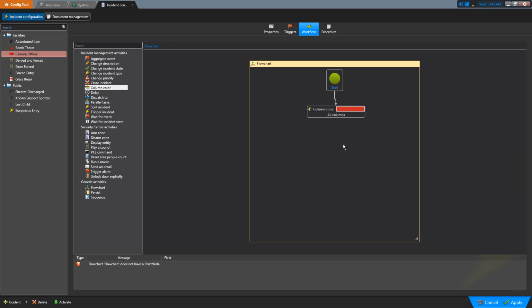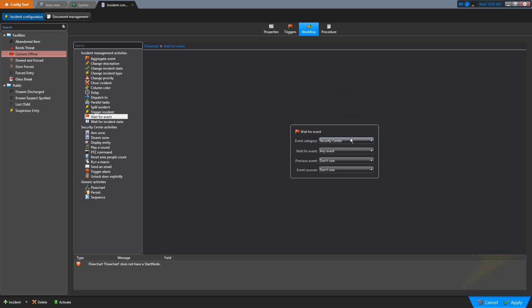And then what I want to do is actually wait for that camera to come back online. So I'm going to use our wait for event incident activity. And this is where, remember when I was going over the different types of activities, we've got a lot of options in here. So event category, we want this to be a security center event. If there's a third-party system that's connected, we could do that as well. The event we want